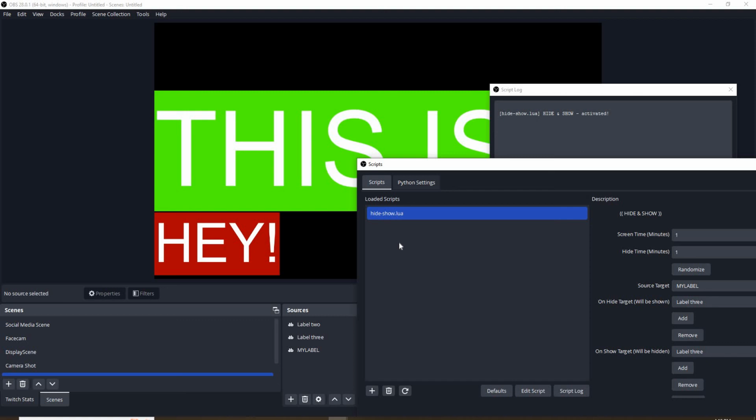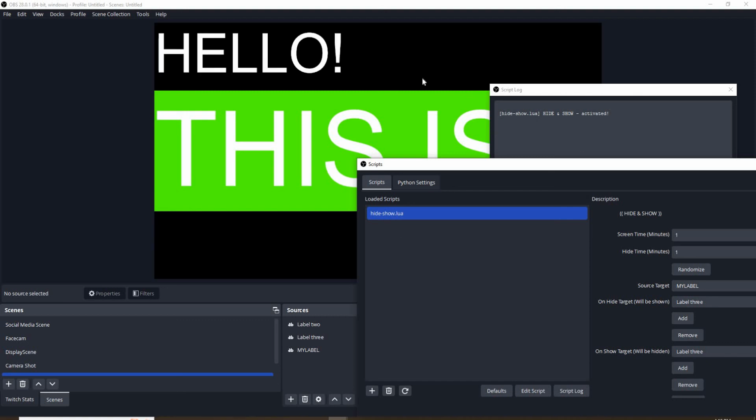The first one was a bit quicker, I think. There we go. Now we have hello, and then hey is hidden automatically. So that's how the hide and show